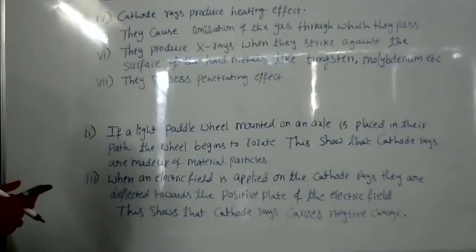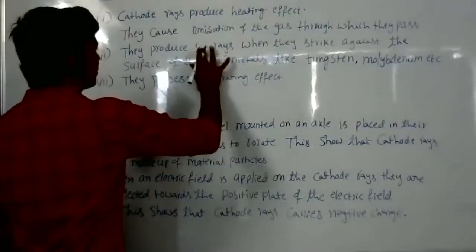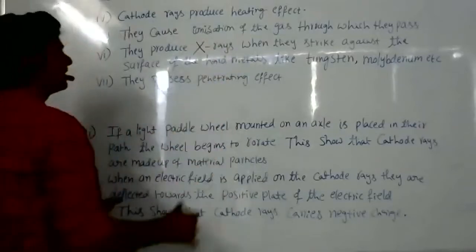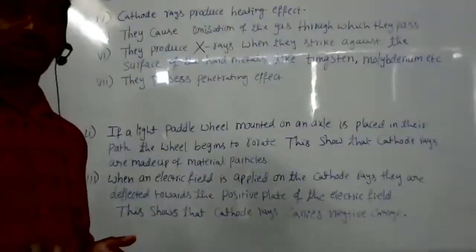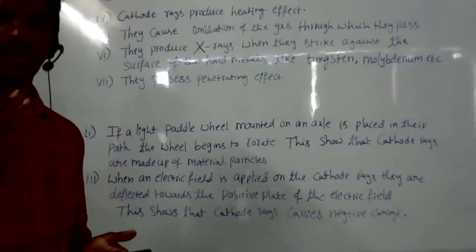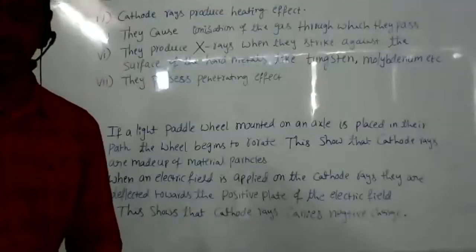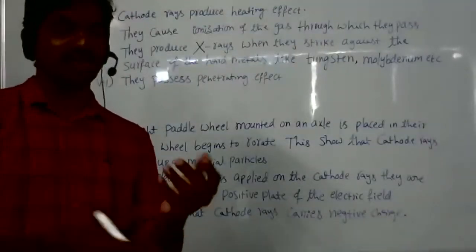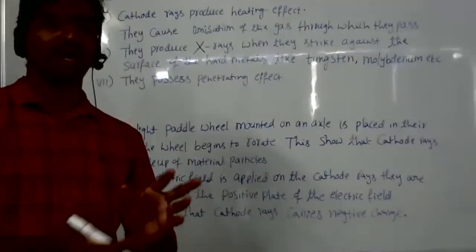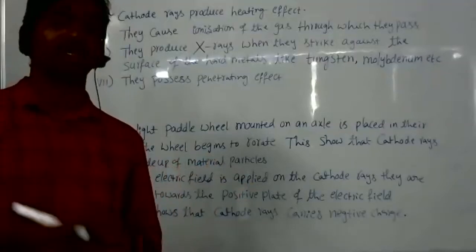Sir, so what does X-rays mean? Suppose our health is not good and we go to hospital, right? That hospital X-ray, yes, that X-rays only. But we have two types of X-rays: hard X-rays and soft X-rays. Soft X-rays are used to find breakage of bones in our bodies, and hard X-rays are used to find cracks in metals. So cracks in our bones are found with soft X-rays, and cracks in metals, metal containers, and metal sheets are found with the help of hard X-rays.